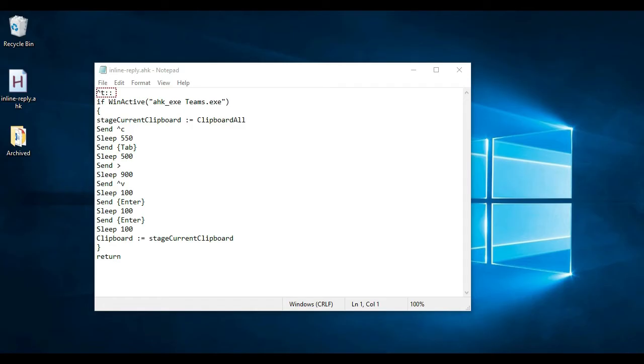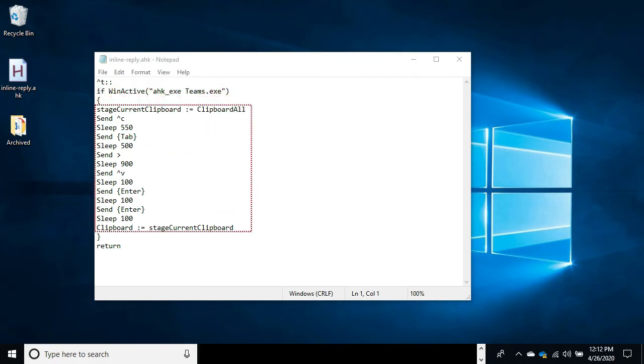Once the Ctrl T key press is identified, in the next line, I check whether my current active window is a Microsoft Teams application or something else. Because I want this macro to work only within Microsoft Teams and not anywhere else, I'm doing this check. Here teams.exe is the executable file name for Microsoft Teams, to check if my current application is Microsoft Teams. If my active window is Microsoft Teams, the rest of the code within these curly braces will execute, or otherwise the program will simply return without doing anything.